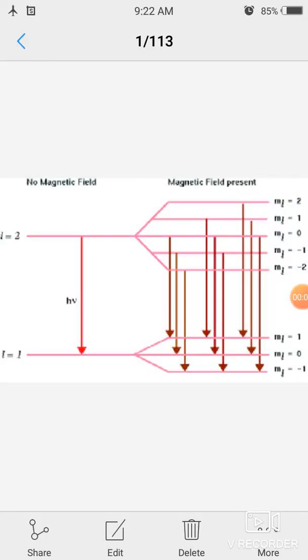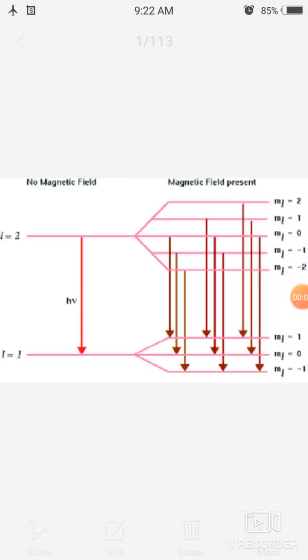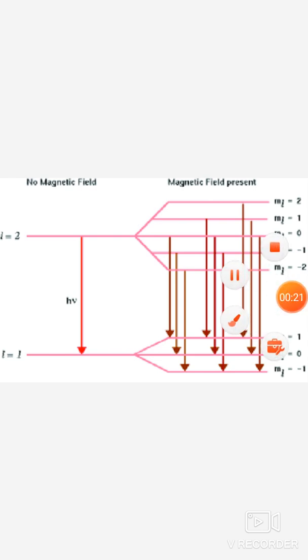Good morning, dear student. Today we will learn what the Zeeman effect is and what its importance is in quantum mechanics. In the Bohr model, there were some drawbacks. The model was not able to explain why the spectrum lines of hydrogen atoms further split into groups of lines when a magnetic or an electric field is applied.